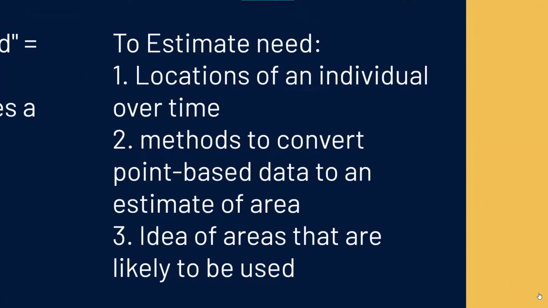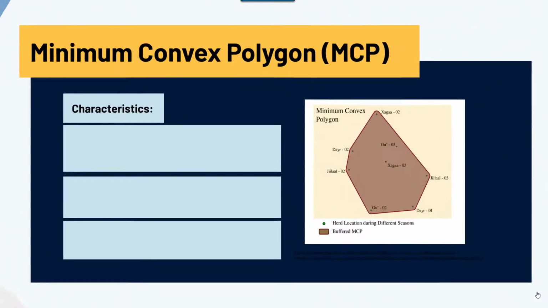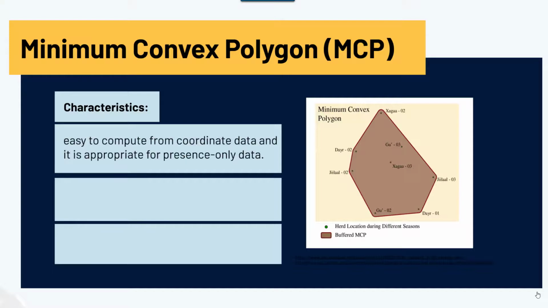So in order to estimate the home range, we need to know locations of individuals over time. We need a method to convert that point-based data into an estimate of area, and we need an idea of the areas that are likely to be used. One mechanism of calculating that home range is the minimum convex polygon method, or MCP method. This is an easy to compute mechanism by taking coordinate data and turning that into a general region or space where the animals may